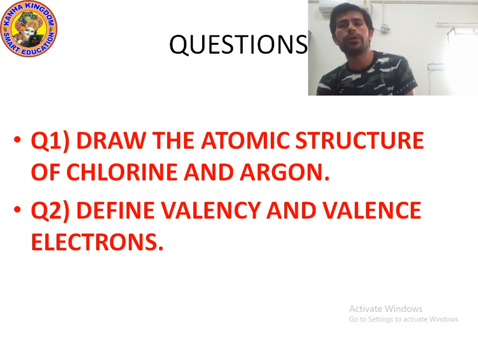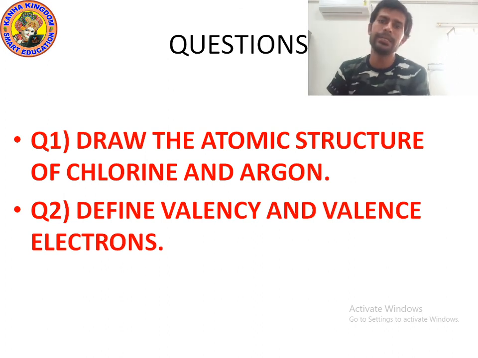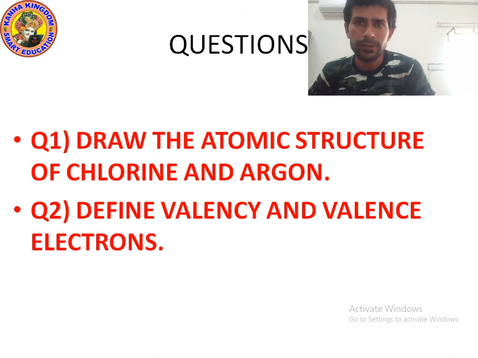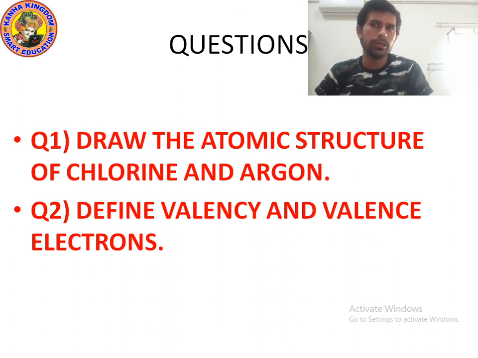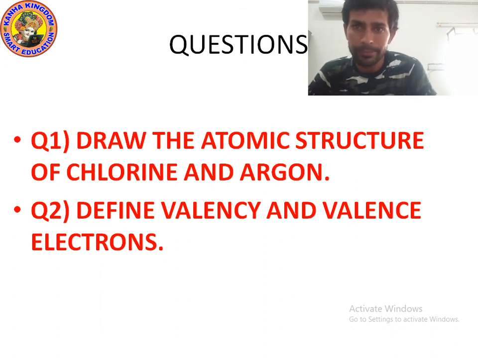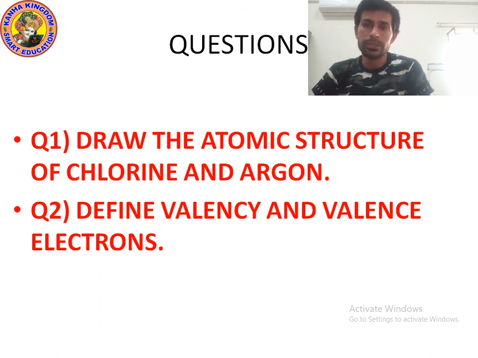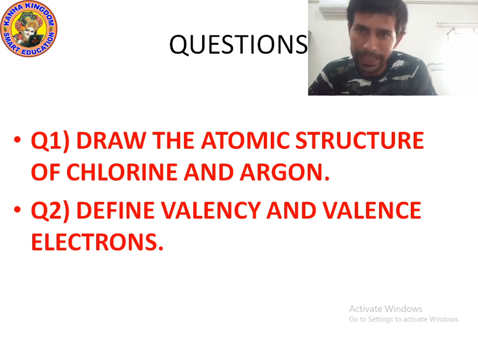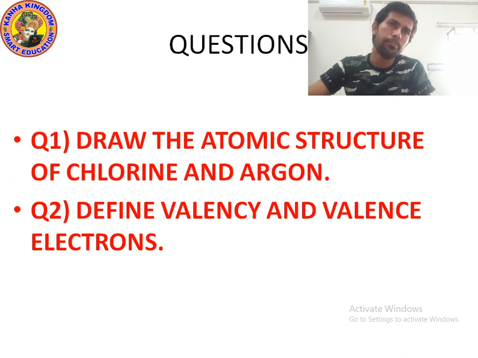And if we talk about argon, argon has 18 electrons. In the first shell we can fill 2 electrons, so we will make 2 black dots. So 18 minus 2 is 16. 16 are remaining. Now in the second circle we will fill 8 electrons. So 16 minus 8, the remaining electrons are 8, because we can fill a maximum of 8, not more than 8. Now we will make the next shell. In the next shell we will fill the remaining 8 electrons, meaning we will make 8 black dots.